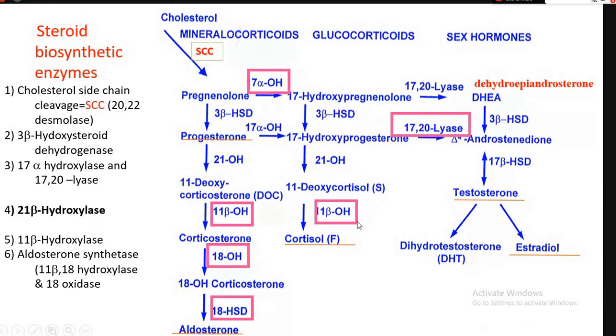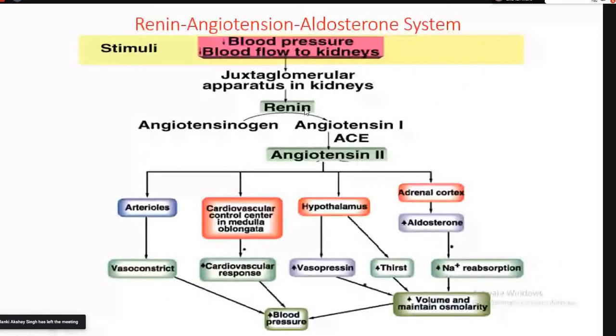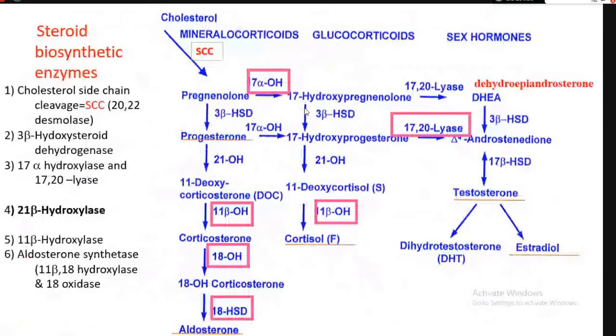Now there are other interchange reactions also. Not only is there this downward reaction, but there are side reactions also, horizontal reactions. Progesterone can be changed into this, and this can change into this. These are horizontal reactions, these are vertical reactions. This system is there in steroid synthesis, not in other pathways.